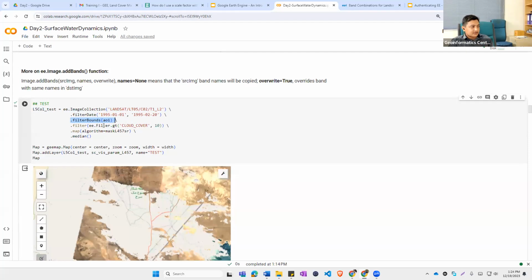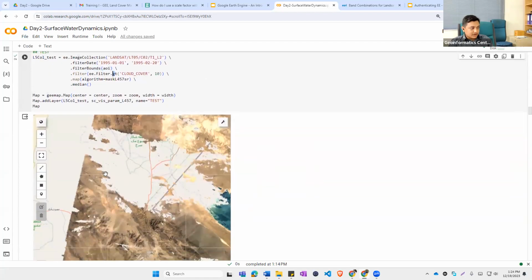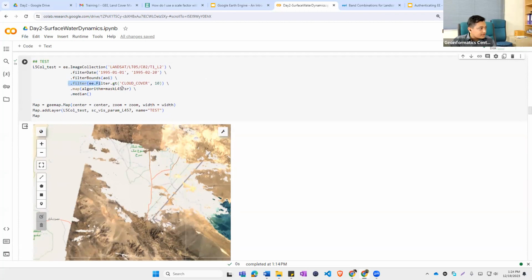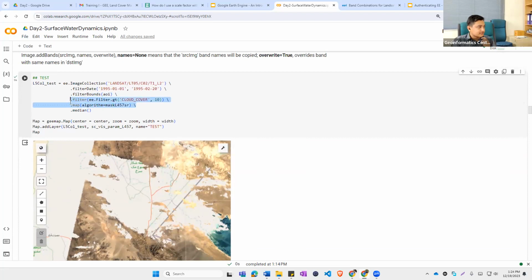And after that we filter the cloud cover. In this case it is greater than, but you can use less than, because I want to show you how this hole will be created when there is a cloud. So if I exclude using this algorithm, let's say this map algorithm,